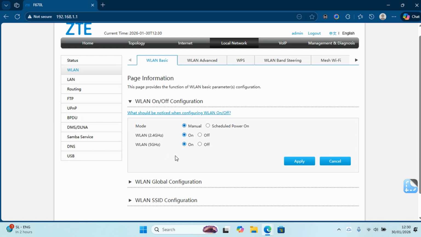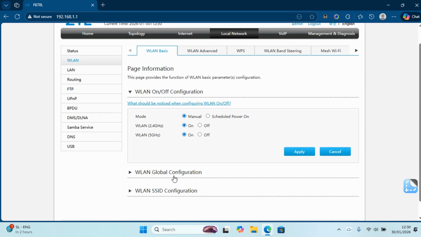However, my biggest interest today is going to be on this. So the 2.4 gigahertz has the ability of traveling farther than the 5 gigahertz, while this is 5G, this is 2.4 gigahertz. So you leave it on, or you could schedule the power of how you want it to come up. That is up to you. So here we have the on. If I click off on this, it means the 2.4 gigahertz is going to go off. I'll leave it on. I want both the 2.4 and 5G to be on as well,